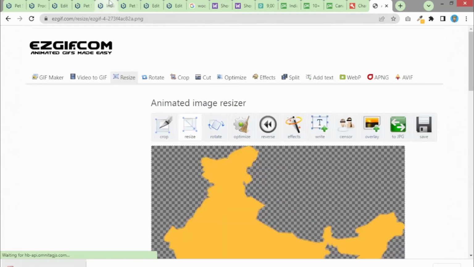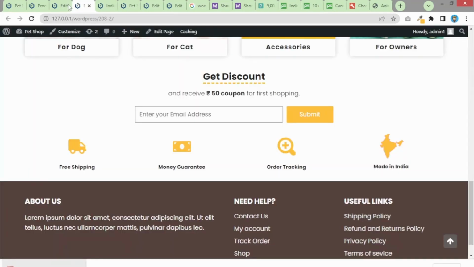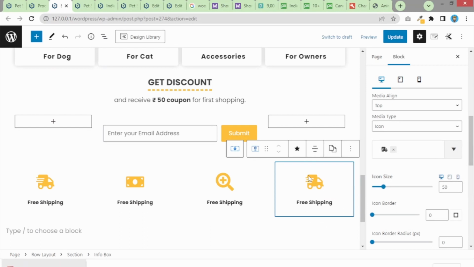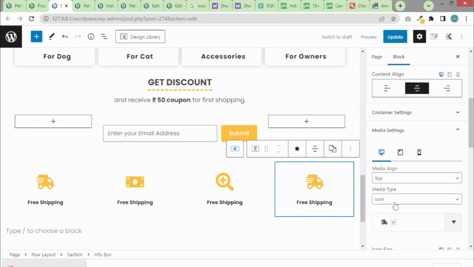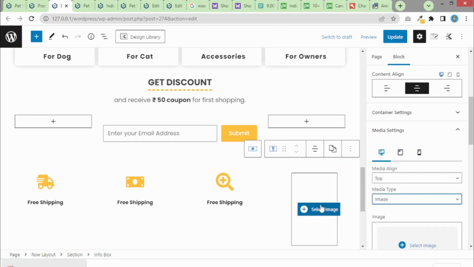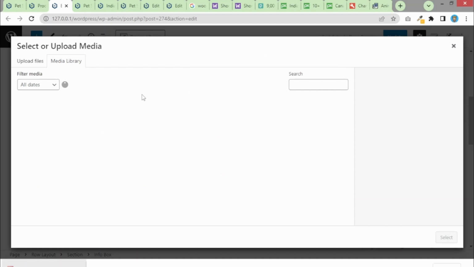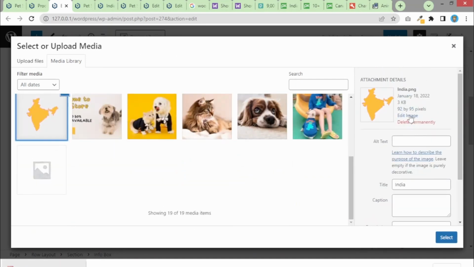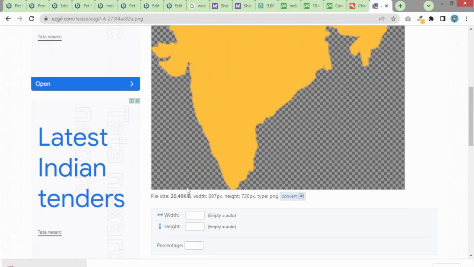Let's see what dimension I have for my image. If I click on this one, then I need to change media type to image and select an image. After I have uploaded this one, as you can see, the dimension of this image is 92 by 95. So I can enter the same here,